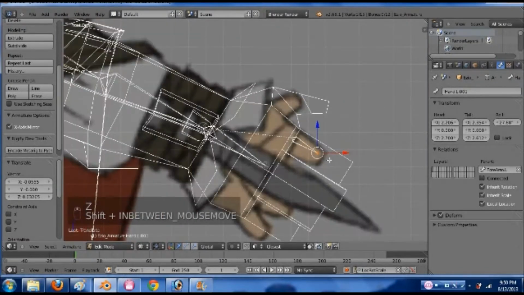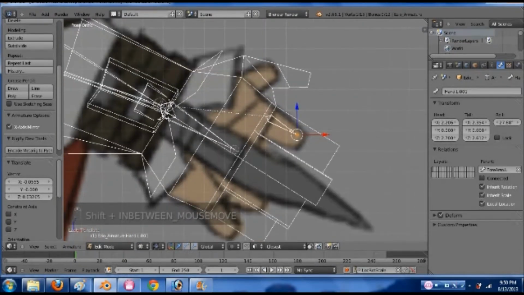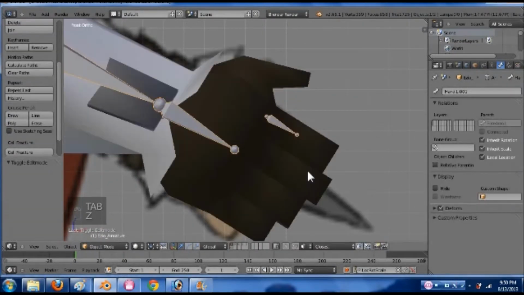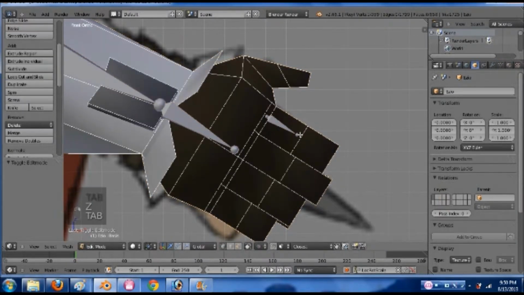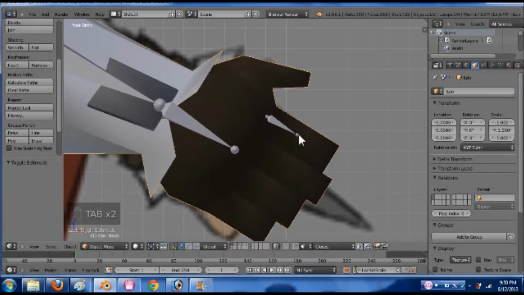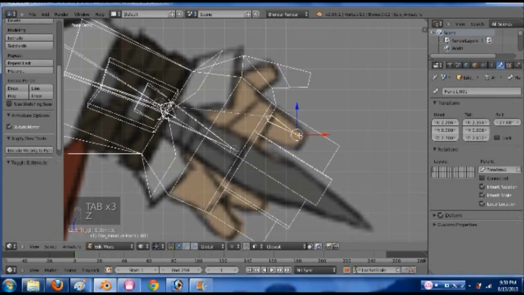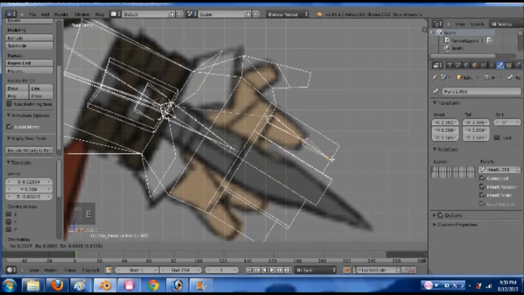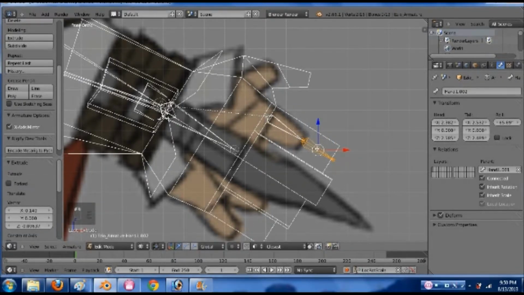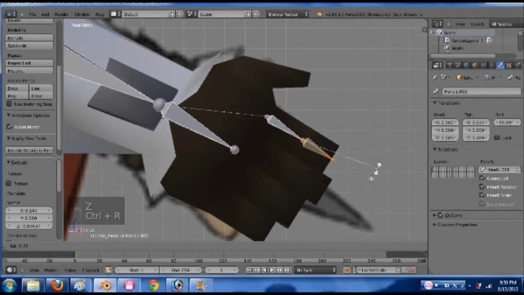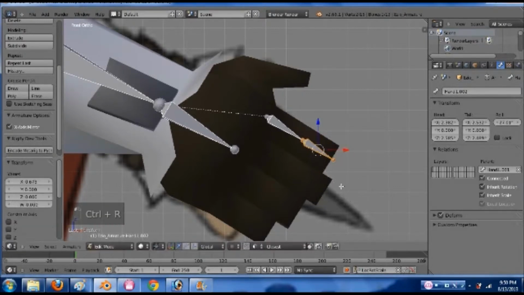If I go into wireframe, I was sure that we added some loops on the fingers. Did I do that? Yeah, they're right there. Okay. They just aren't showing up. My music stopped again. Bring this out just a little bit, and then extrude it to the top part. Gotta rotate this one now. Control R. And so this is finger 1.L,